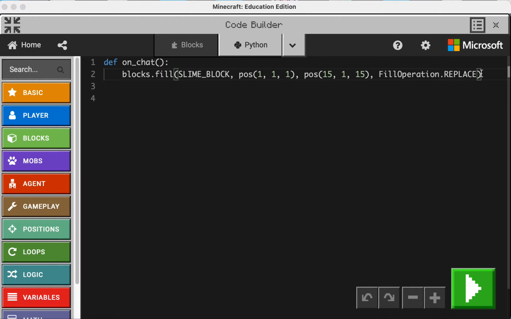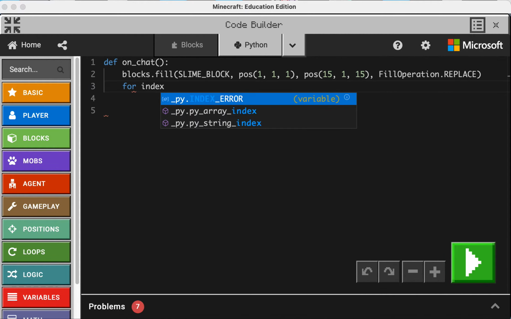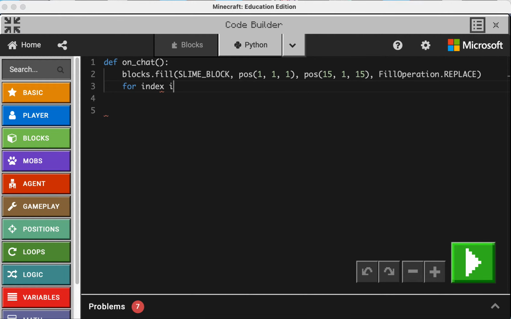Now it's time to add our pigs. Hit enter to add line 3. Line 3 should be aligned with line 2. We are going to start by adding our loop so that we can spawn more than one pig. For the loop, type for, F-O-R, all lowercase, space, index, space, in, space, range,